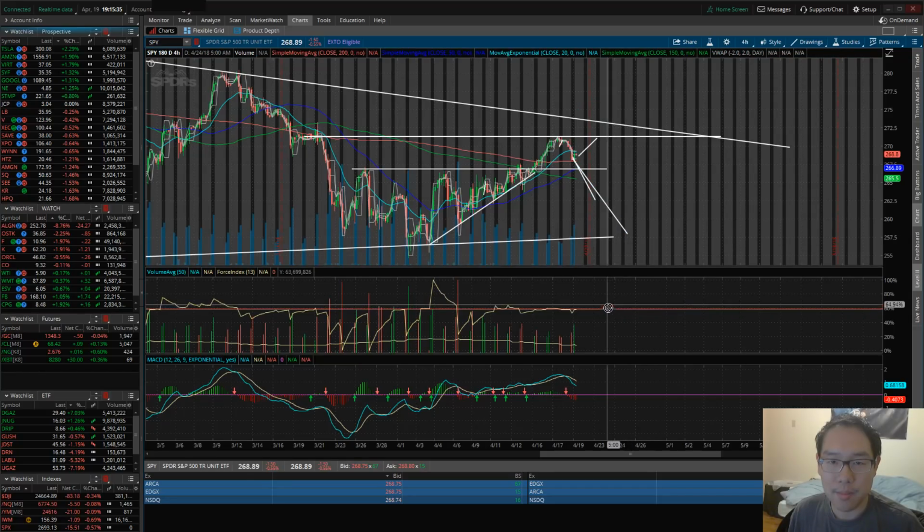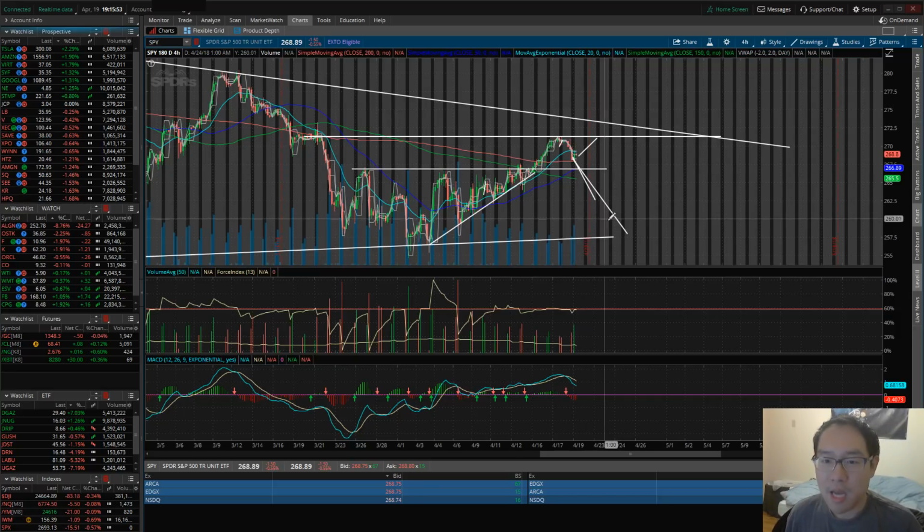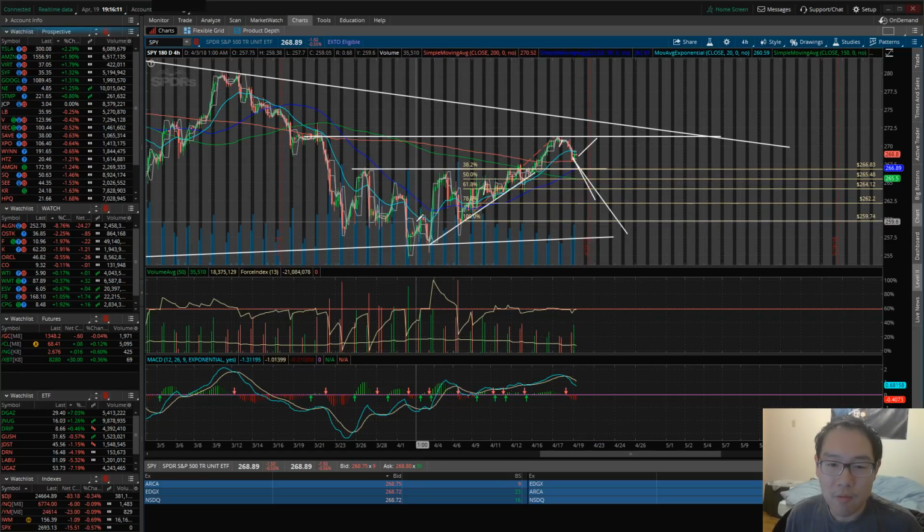So you guys might ask, which one is more possible? Is it more possible to go up there, or is it more possible to go down? Right now, based off of the trends, based off of SPY alone, in my opinion, it's more possible to go downwards. Now, how far will we go? Let's pull out Fibonacci and take a look at this current uptrend. Where would we go? We can expect a decline to around the 264 to 265 area. So if we see SPY have a pullback to 264 to 265 and have a bounce up, that's a positive